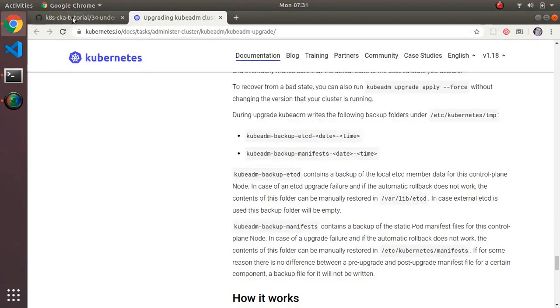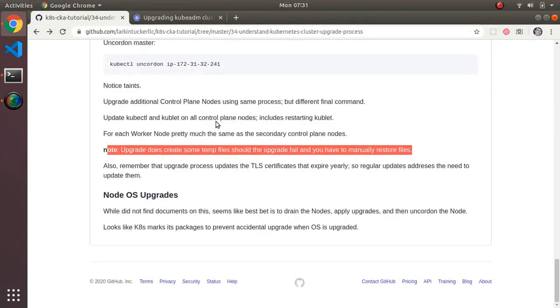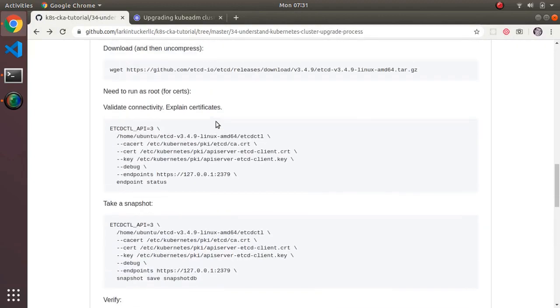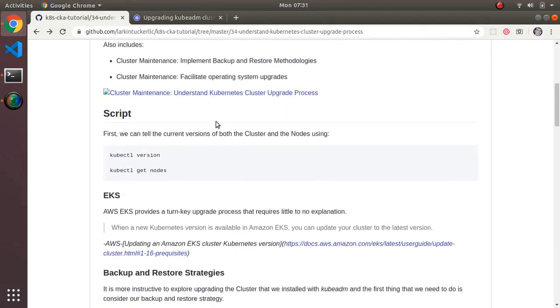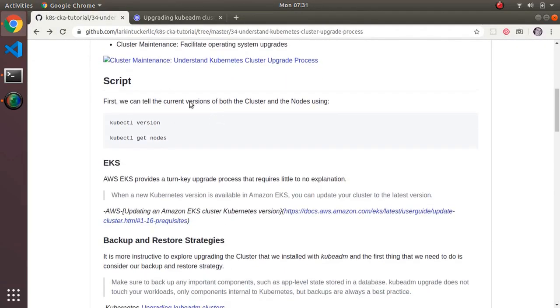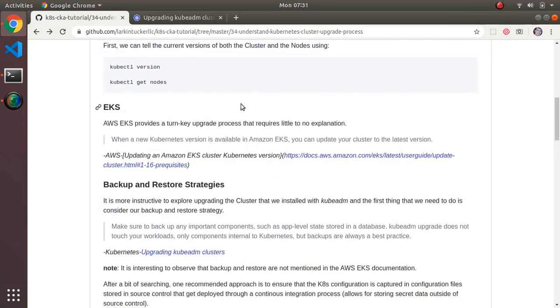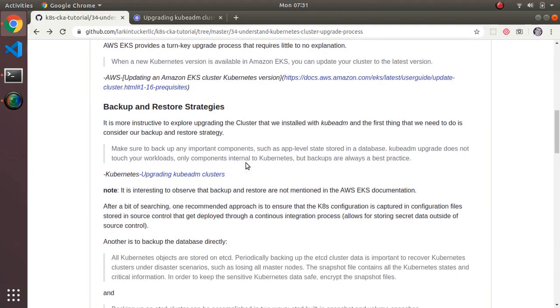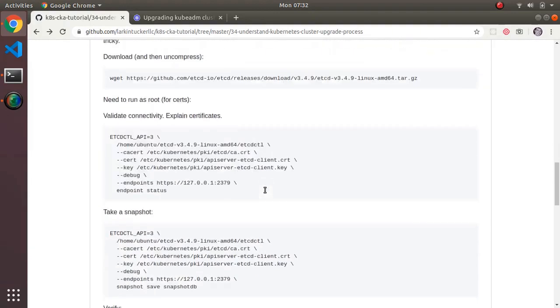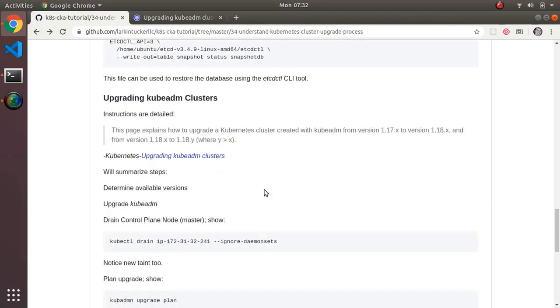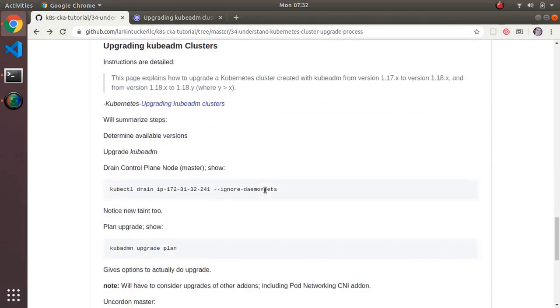Okay, I think a little bit rambly, but I think we've covered everything we covered. So as a recap, again, we talked about how to tell what the current version is. We looked at EKS and realized that it's a turnkey kind of operation. We did look at backup and restore, and then we went through a walkthrough of what an upgrade of a kubeadm installed cluster looks like, and